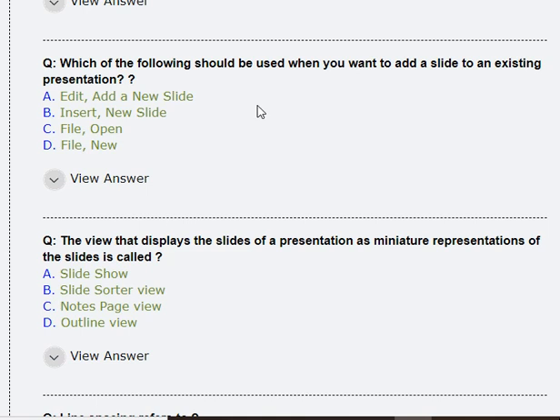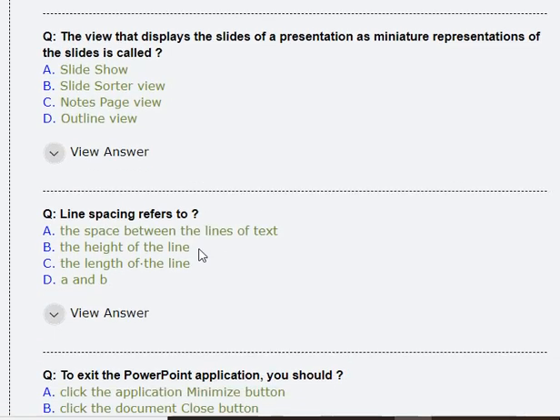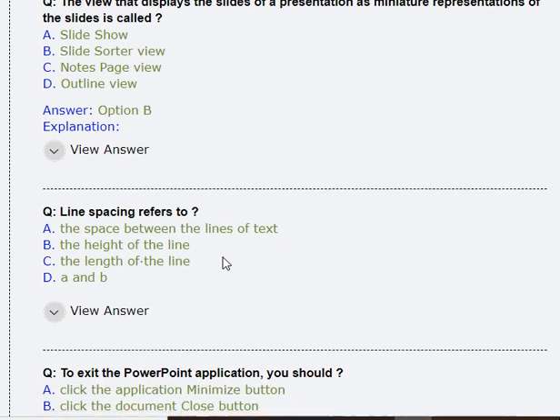Which of the following should be used when you want to add a slide to an existing presentation? Option B, insert new slide. The view that displays the slides of a presentation and miniature representation of the slides is called B, slide sorter view.